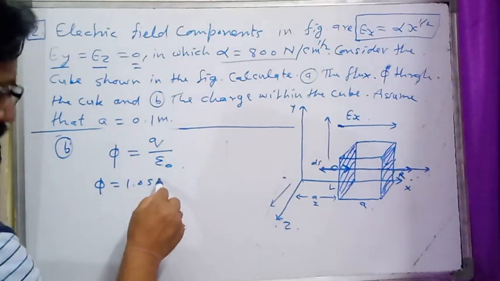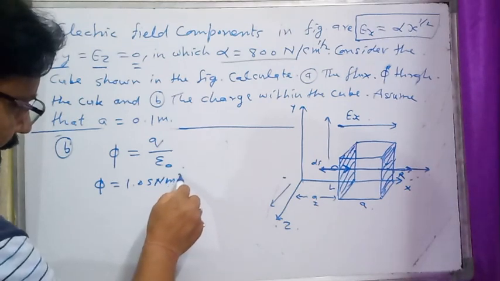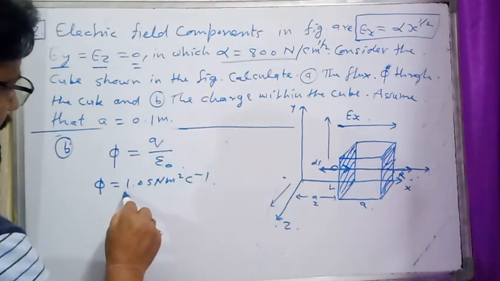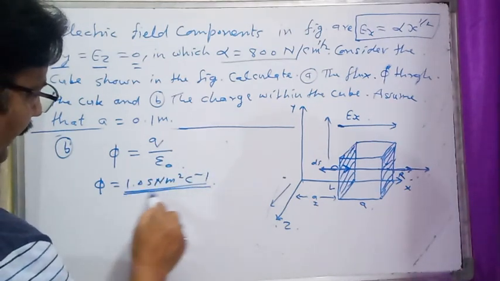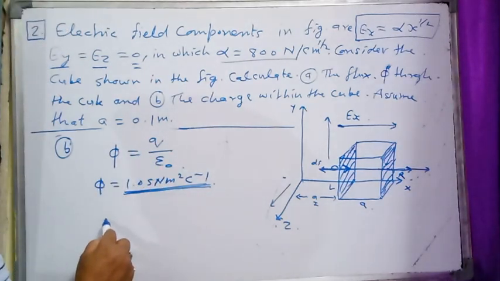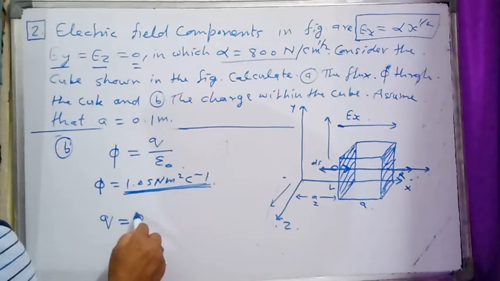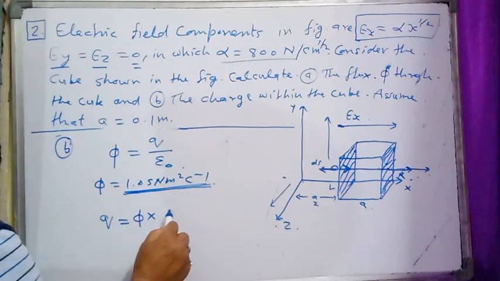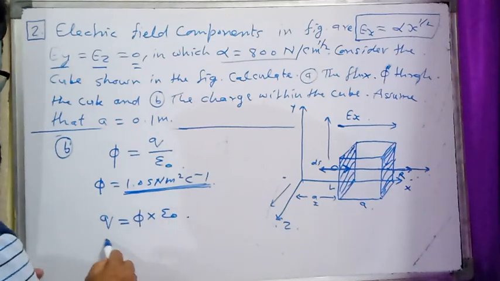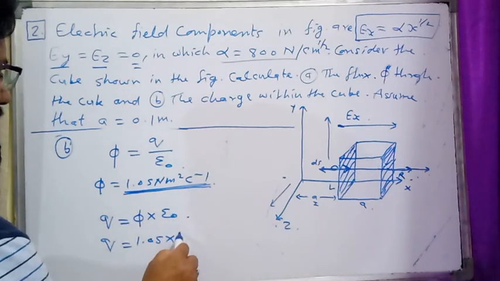1.05 Newton meter square Coulomb inverse, the answer for part A of the question. So putting this value here, the amount of charge enclosed by the cube comes out to be phi multiplied by epsilon naught, and the value of the charge inside the cube is 1.05 into 10 to the power